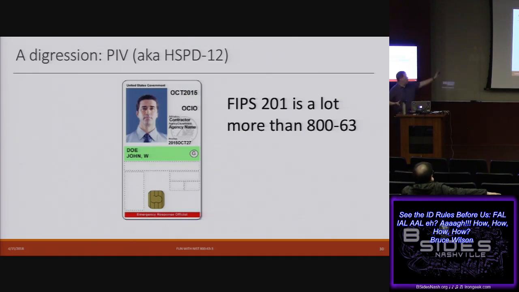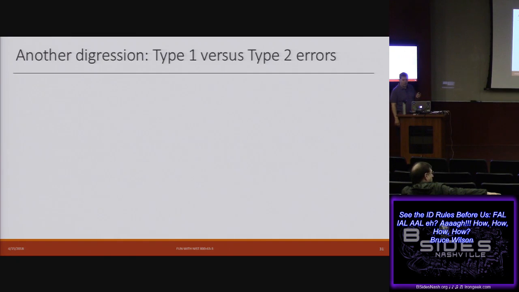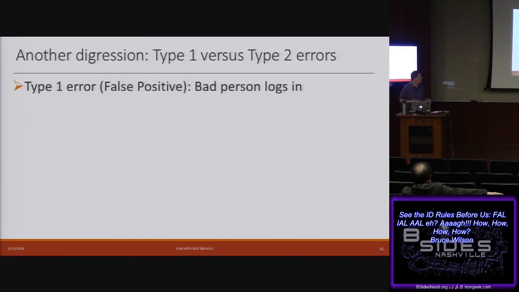There are a lot more requirements on this than there really are to get to LOA 4. And then one more digression that I want to comment on. And this is, again, one of the challenges in talking with some of the folks at NIST, and we talk about this in security. There are two kinds of problems when I'm looking at authentication. This is the one that we're most concerned about. It has some fairly profound consequences.